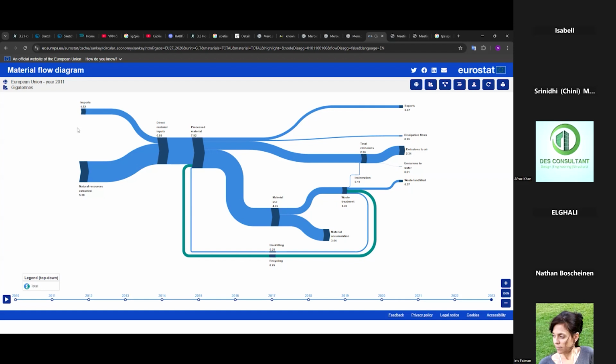And the big difference is, with a material flow analysis, we really just understand, okay, from where is the material coming from, the input flow, and where is it going to? And then